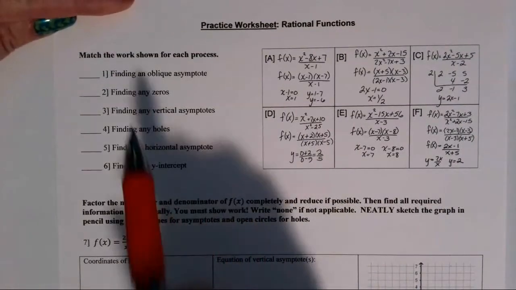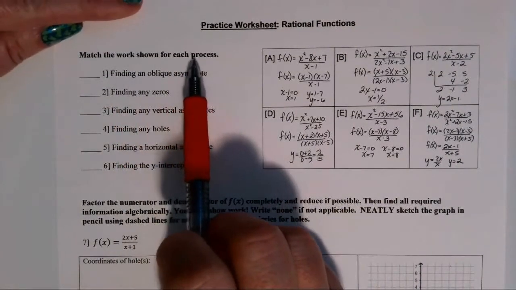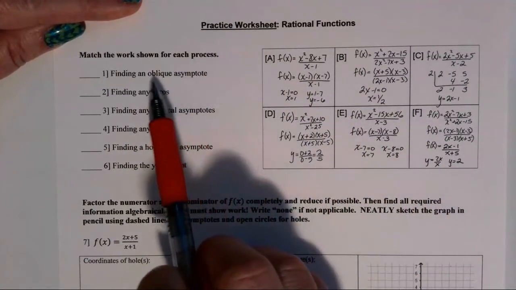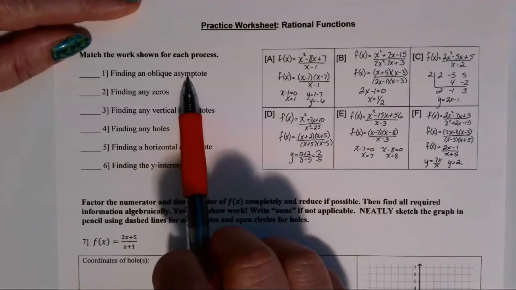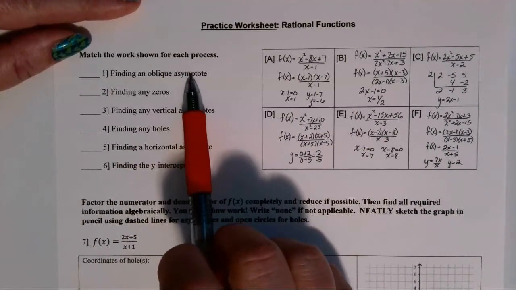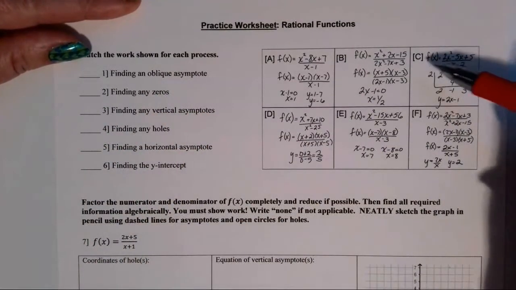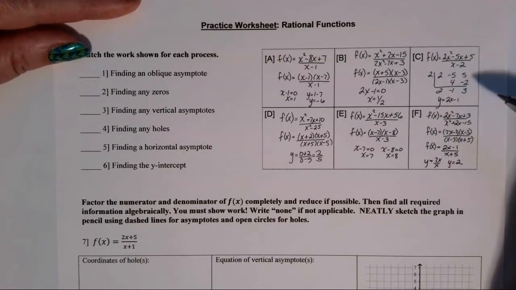So we want to match the work shown for each of the processes that are in this grid A through F. And number one is finding an oblique asymptote. To find an oblique asymptote, we do polynomial long division or synthetic division, and that would be box C, right,